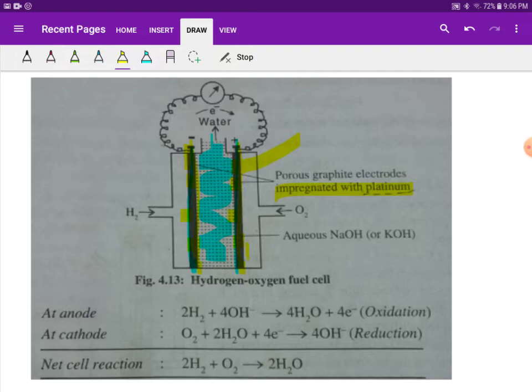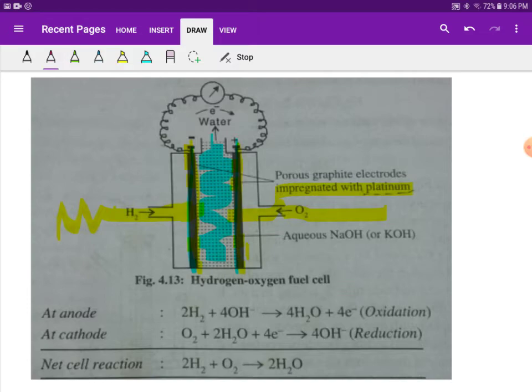Then from the left side, that is the anode, hydrogen gas is bubbled under high pressure, and through the right side, that means the cathode, the oxygen gas is bubbled at high pressure. Okay. The whole apparatus is kept near 60 degrees Celsius under a very high